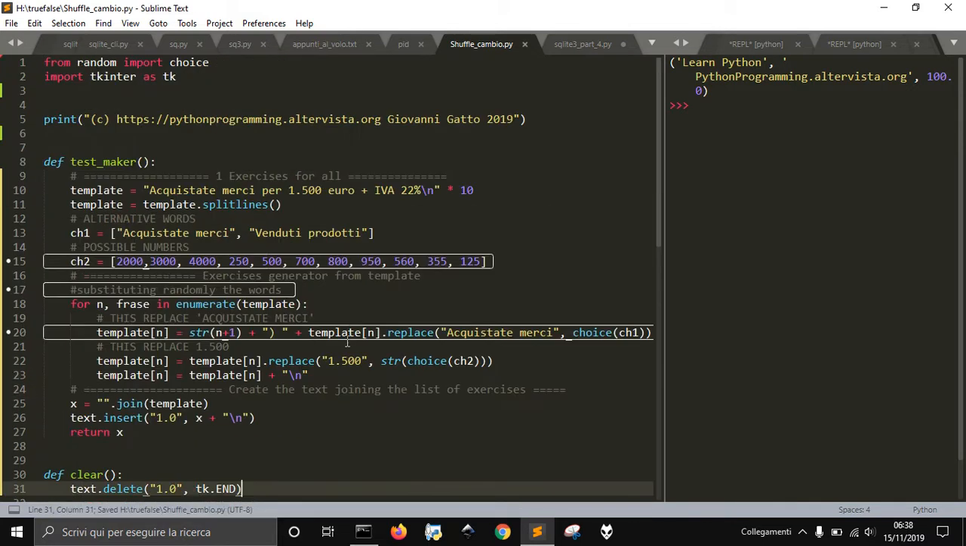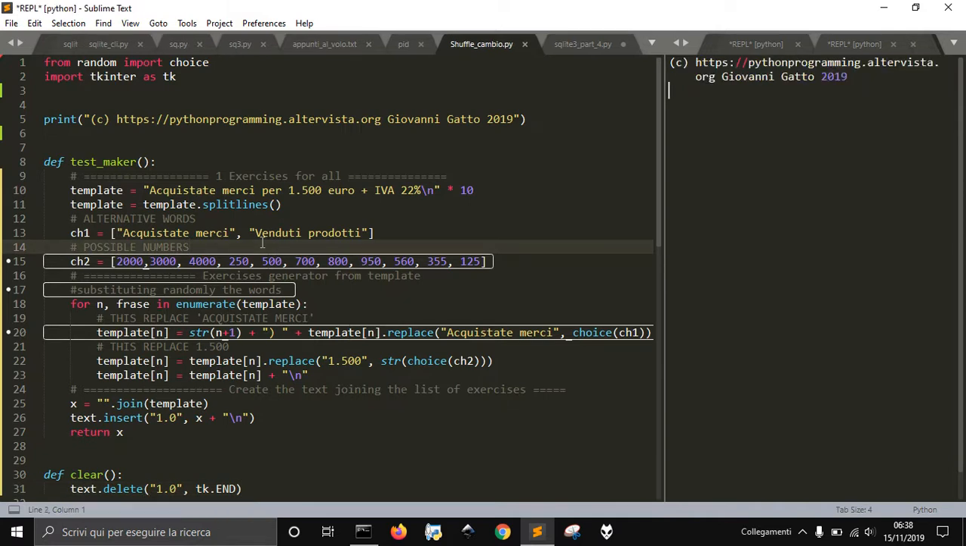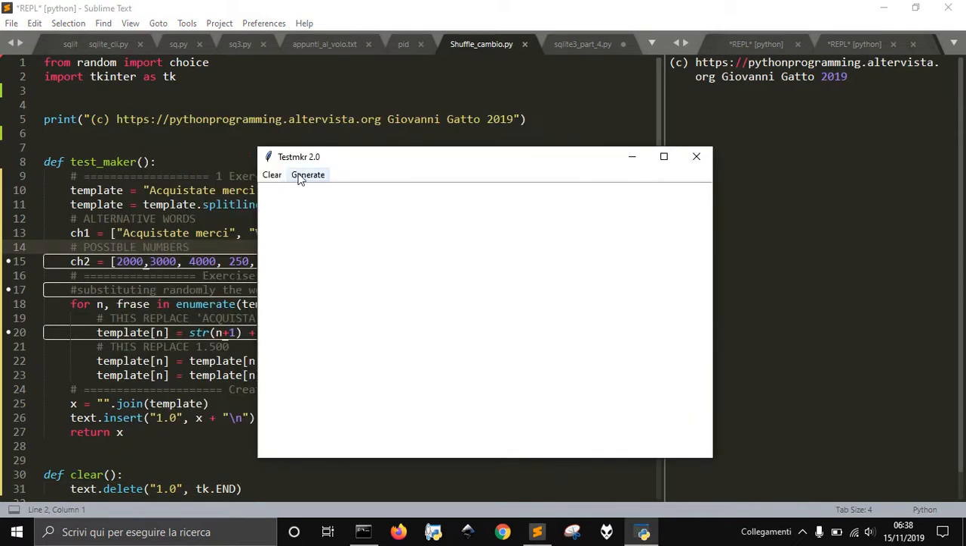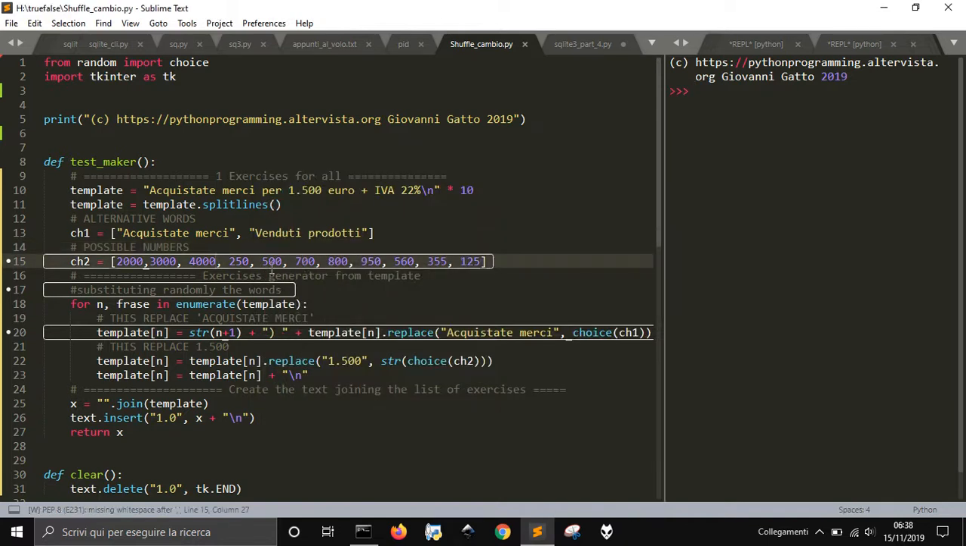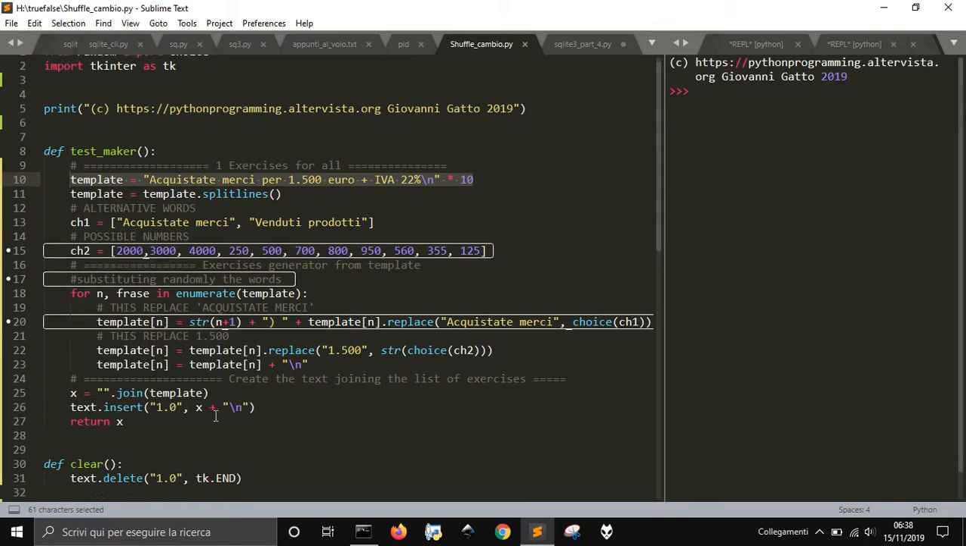Okay, and let me show you what it does. This generates 10 different sentences here that are randomly changed in some parts. So we got a template here, you can see here, and what happens here is that